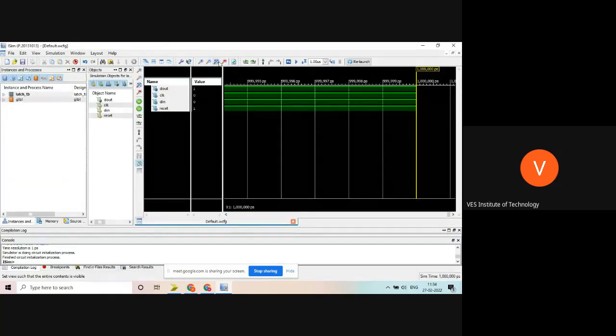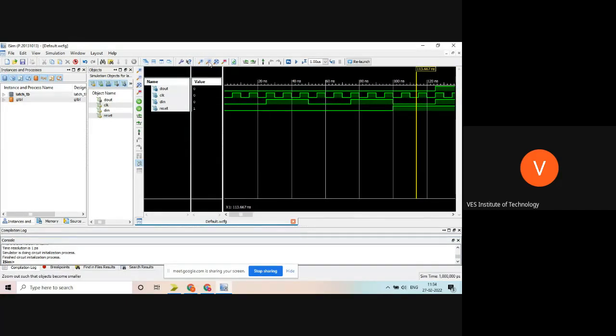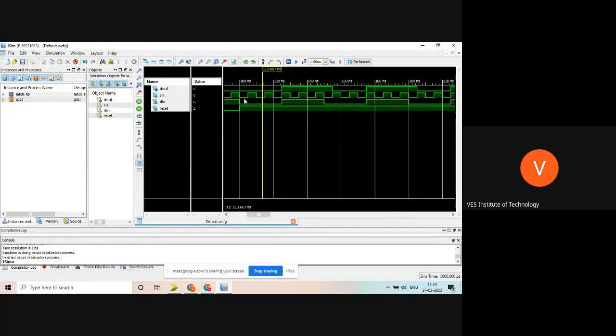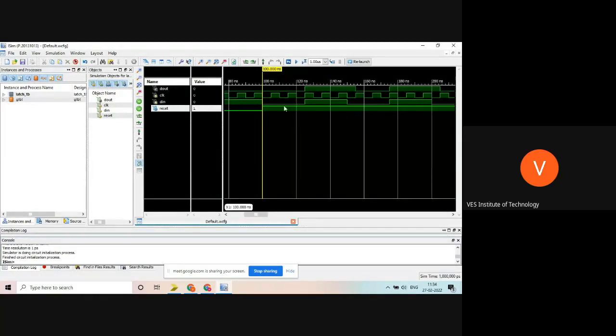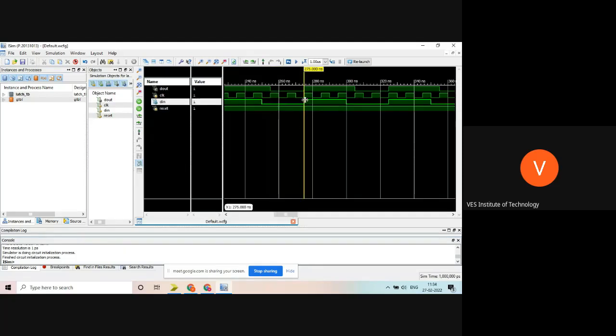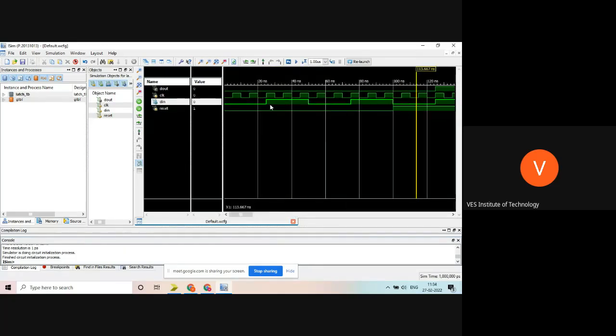Okay, look at the simulation. You may check the simulation. You can see here there will not be any change as reset is 0 up to this point. After that, data is changed. Whenever the data is changed, that output is shifted. Here you can see. Every how many seconds is it changing? Check. This is 50 to 75.